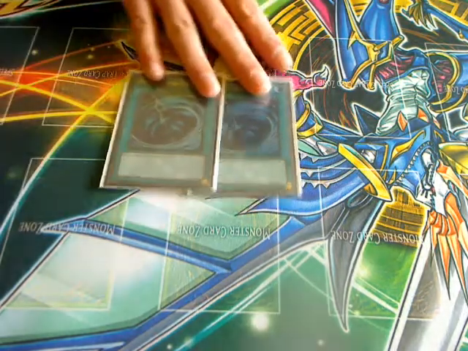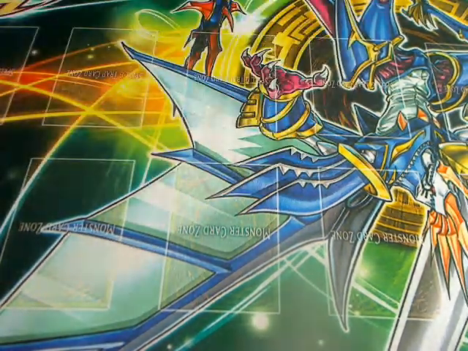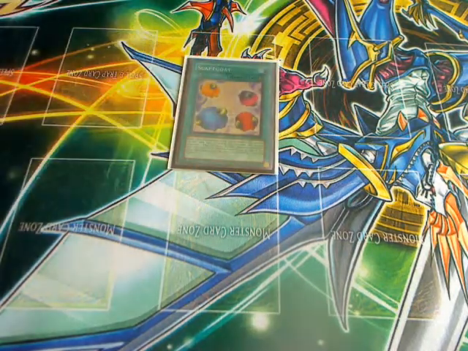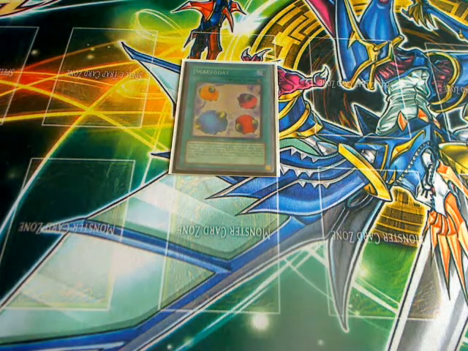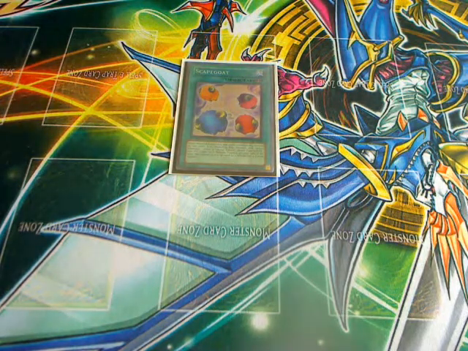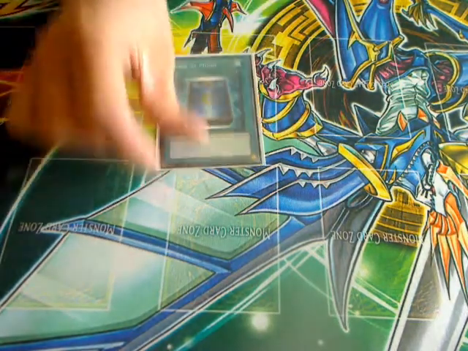2 Mystical Space Typhoon. Self-explanatory, you know. Alright, now, Scapegoat, second best spell card in the deck, in my opinion. It comboed so well with Enemy Controller, gave me defense, combo so well with Debris, your tuners, whatnot. Scapegoat just saved my butt. Book of Moon,